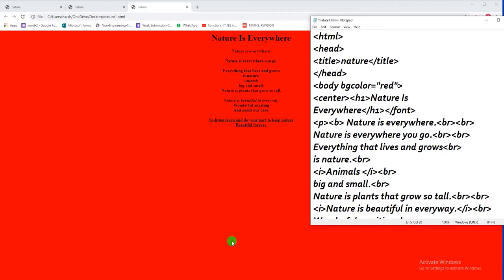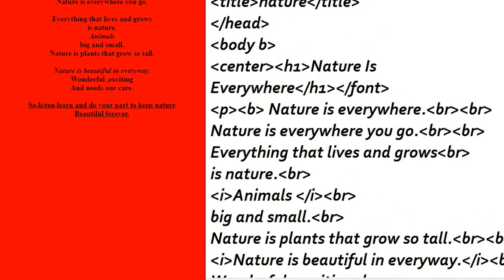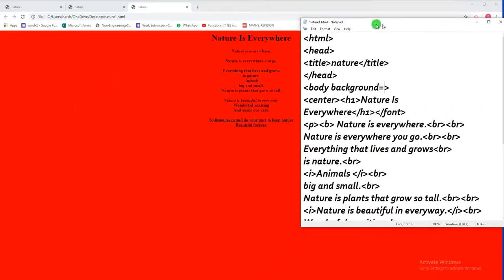Then we will not be using the BG color attribute, we would be using the body background attribute. Background means B-A-C-K, back, and ground. Background attribute, and after this we again put an is equal to after the name of the attribute, and then its value. So the value here is the path of the file. Suppose I want to take a picture here, so it is going to be the path or the name of